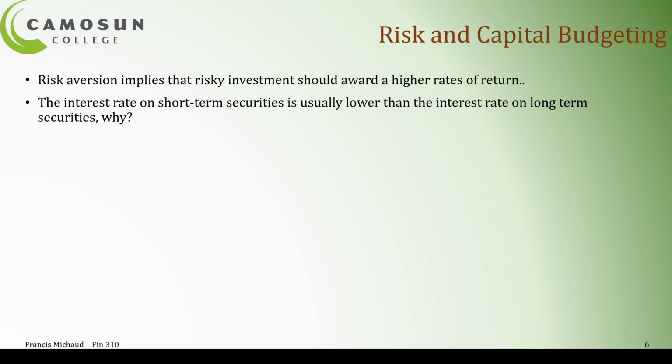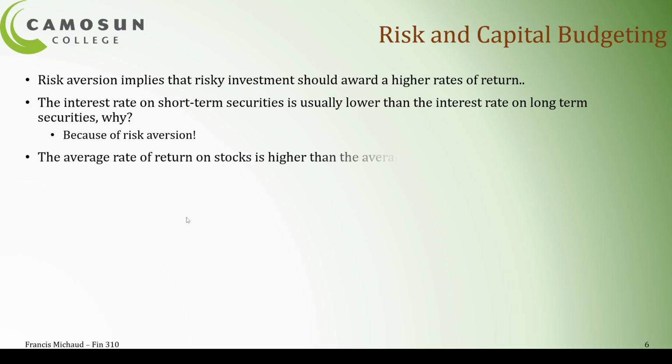Why? Well, because of risk. Because people are risk averse, and short-term securities are much, much more likely to see the payment back. With long-term securities, you're less likely to get the payment back. For example, imagine a 30-day bond or a 30-year bond. It's really unlikely, if you've looked at the financial statements and you know what the company is doing, that a company will go bankrupt in the next 30 days. It's a lot more difficult to forecast if the company will still be open and operating as a going concern in 30 years from now. So this risk aversion means that short-term securities usually have a lower interest rate than long-term securities.